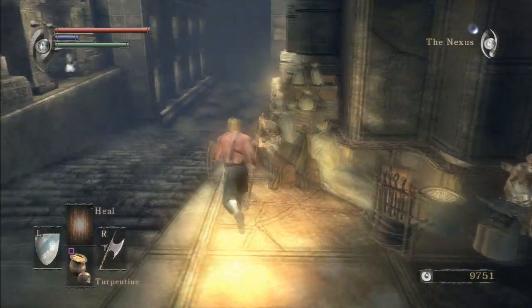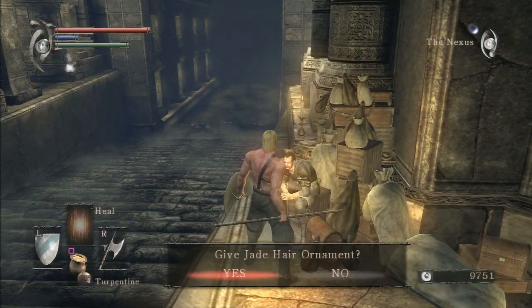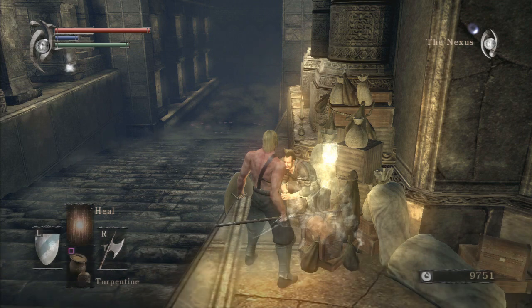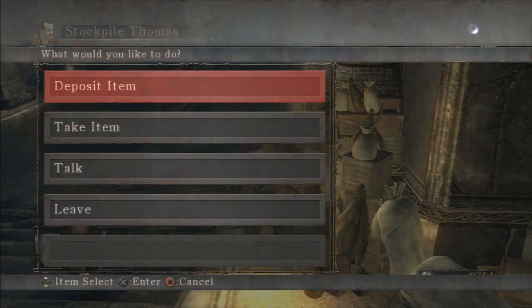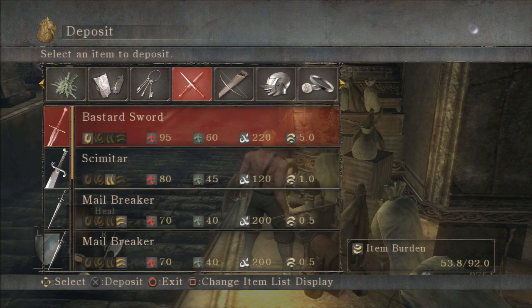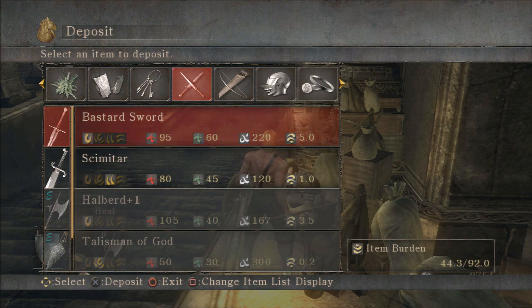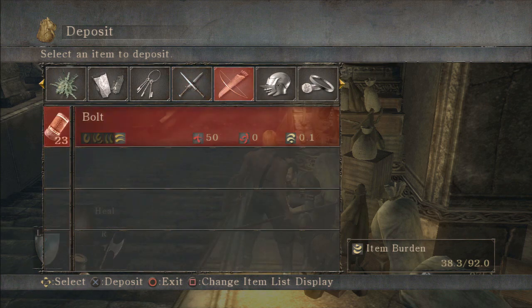All right, first we're going to stockpile Thomas. We're going to give him the Jade hair ornament. Make sure you say yes to that, because he will reward you with the Ring of Herculean Strength for that, which is one of the rings that is required for the trophy. And we're going to go ahead and give him some of the useless chunks that we don't need, such as 3 mail breakers that we got, purple flame shield. Now, purple flame shield, I believe, is required for the trophy, so you definitely want to make sure you pick it up in the world